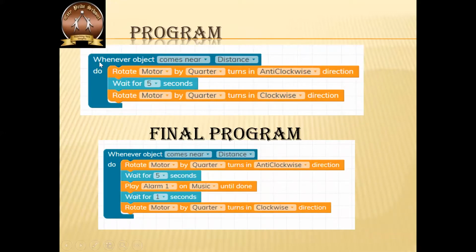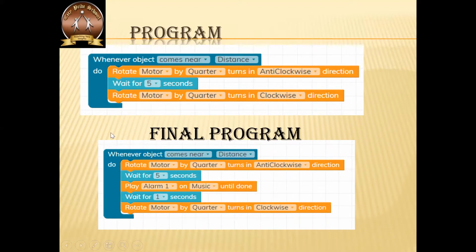As we have already discussed, whenever the object, that means the car, comes near the distance sensor, rotate the motor by a quarter. I am using the term quarter because the barrier has to open at 90 degrees. So we give a quarter movement in the anti-clockwise direction, it waits for 5 seconds, and the barrier comes back to its original position by moving the motor in the clockwise direction.